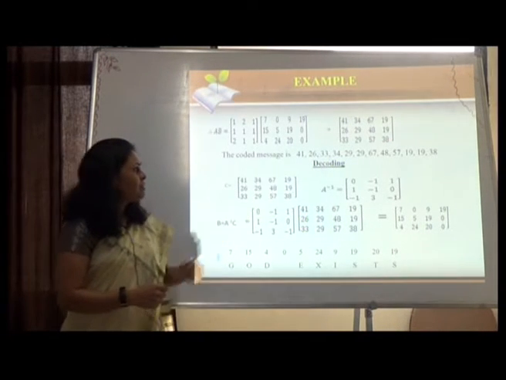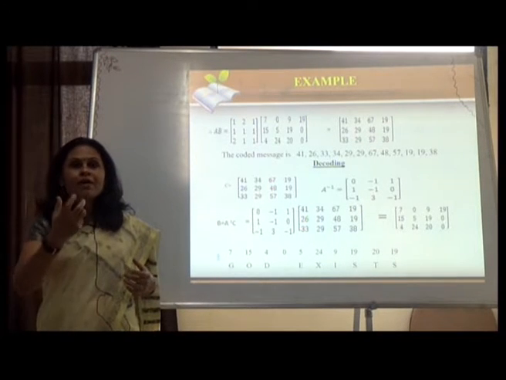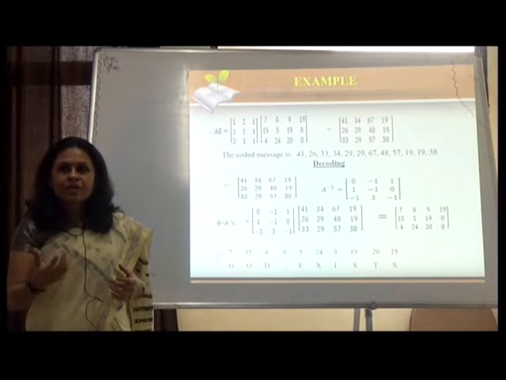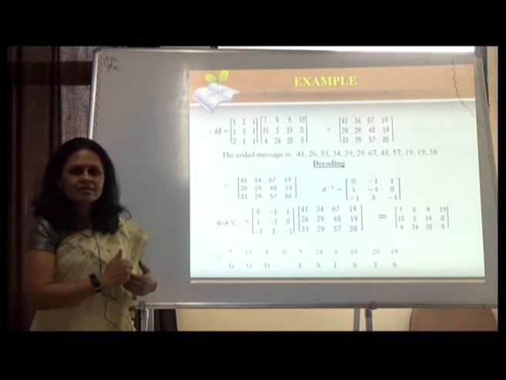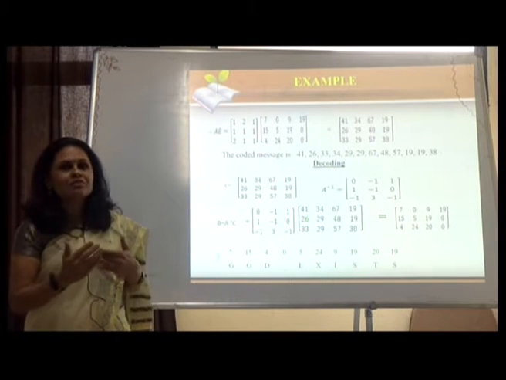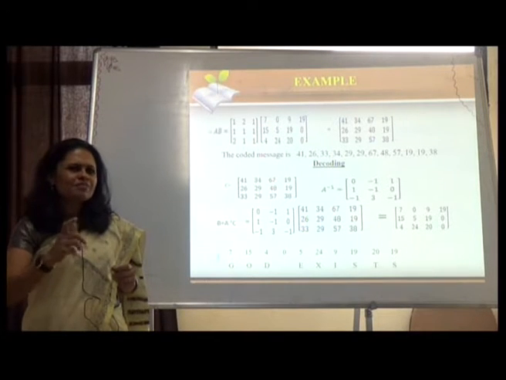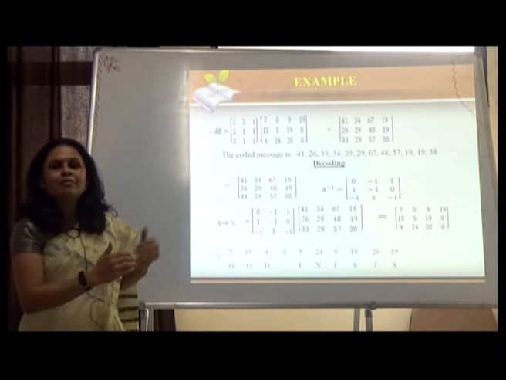If this is the A inverse matrix, you can see the definition is 1 upon determinant of A into adjoint of A. If determinant A remains 1, that means there is no scalar outside the matrix. That makes the multiplication very easy, and that's why the choice is the determinant. If you choose +1 or -1, it makes most things easy for us for multiplication of